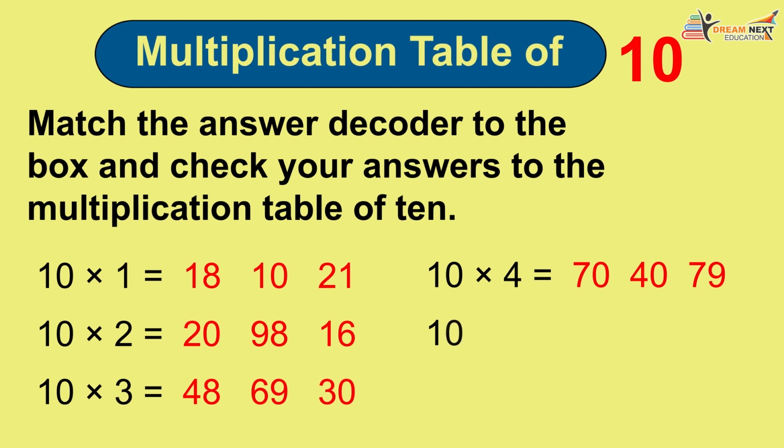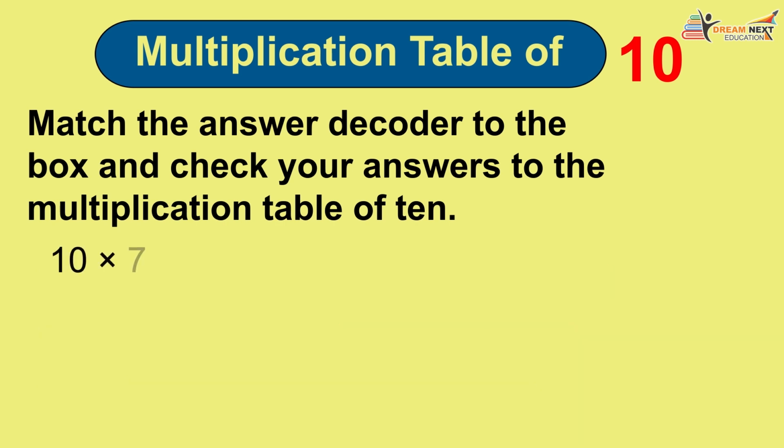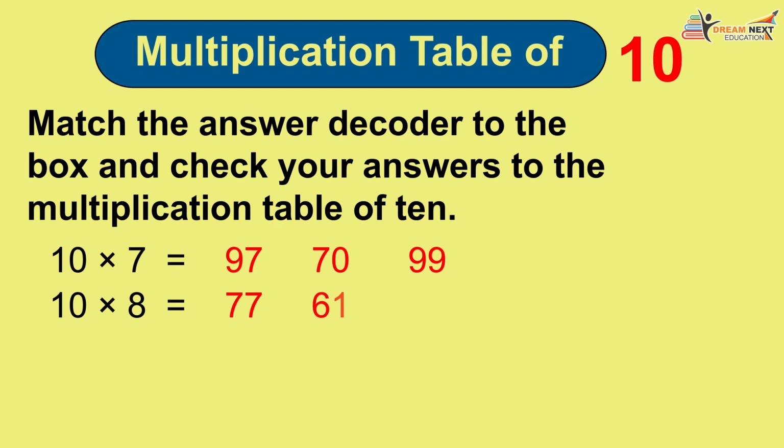40. 10 into 5 is equal to 50, 19, 88. 50. 10 into 6 is equal to 26, 23, 60. 60. 10 into 7 is equal to 97, 70, 99. 70. 10 into 8 is equal to 77, 61, 80. 80. 10 into